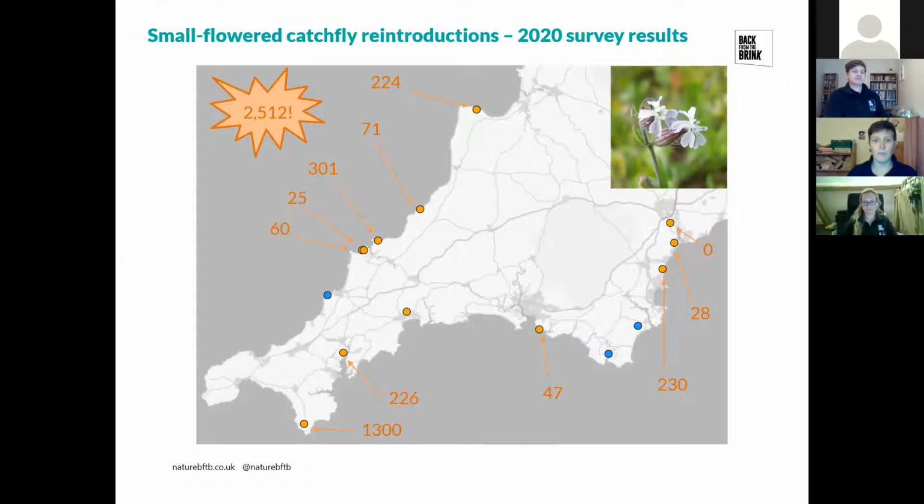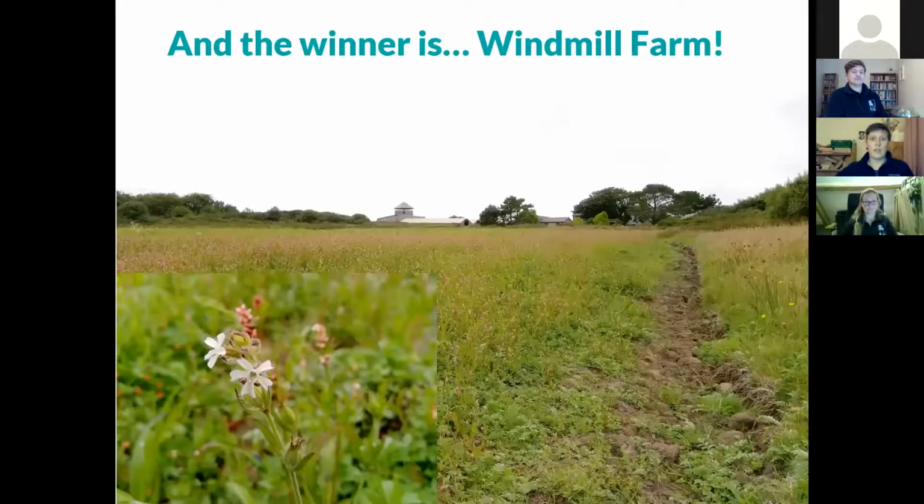It's worth mentioning that the site so far that wins the award for best reintroduction for small flower catchfly is Windmill Farm down in Cornwall, owned by the Cornwall Wildlife Trust, and they had 1,300 plants come up this year, which is really great. I was really lucky actually for a lot of the reintroductions this year. I wasn't able to travel, obviously,